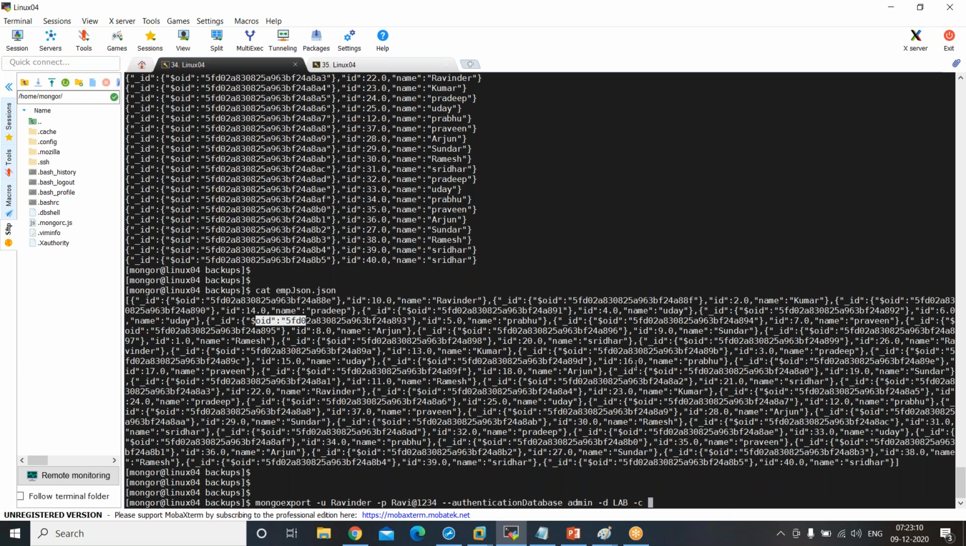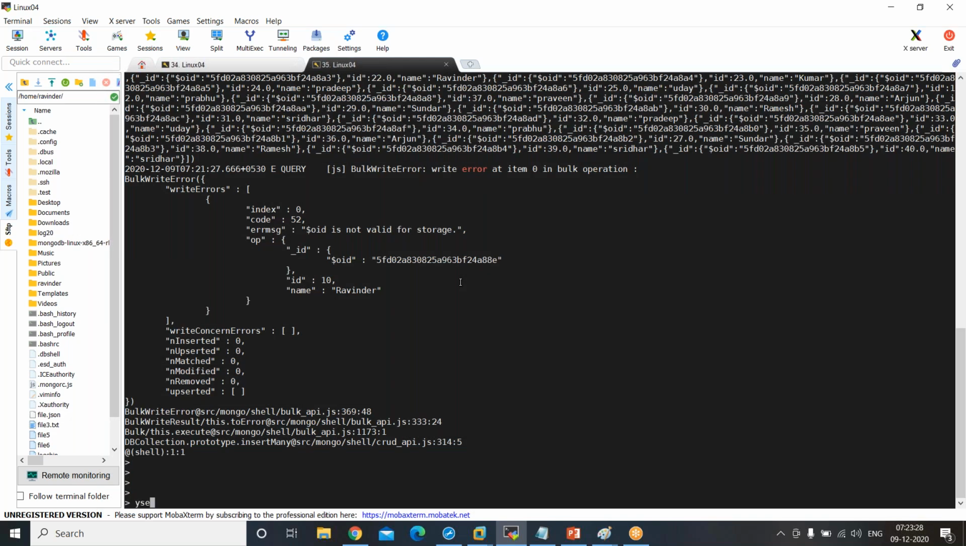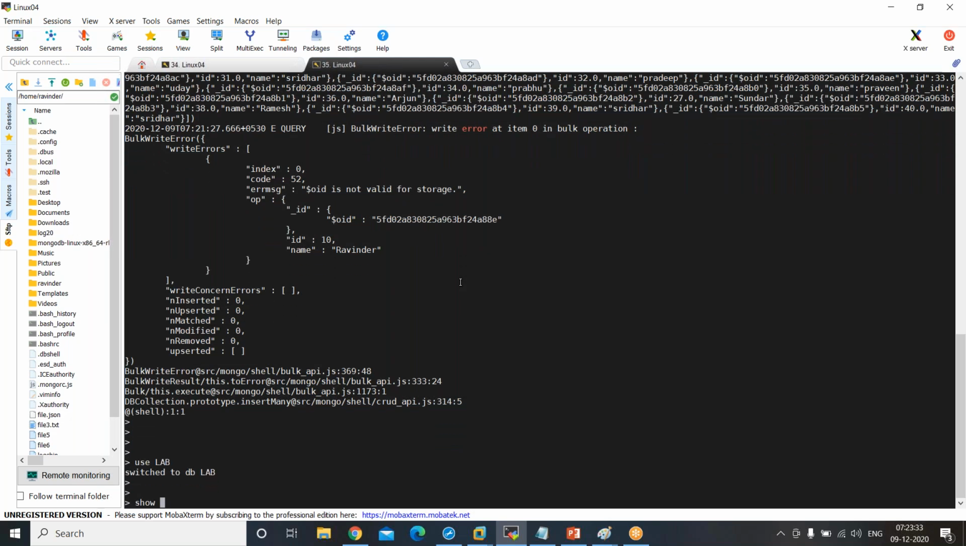Till this point things are the same, like mongoexport, username, password, authentication database, database, and everything is the same. If you wanted to take it into CSV, you have to mention the fields. What are the fields you wanted? Basically, you have to read the data. Let me read it. Okay, use lab, so collections